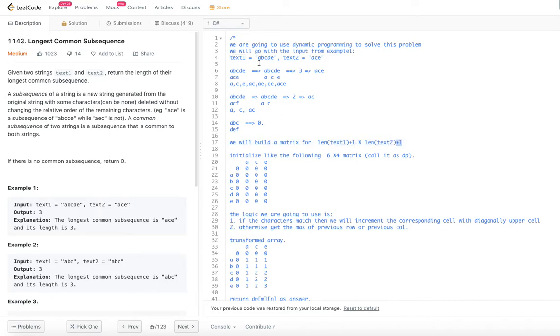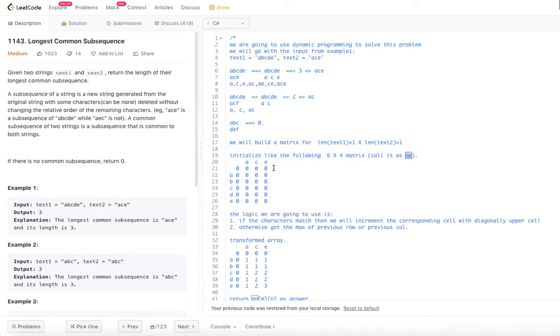Let's go with example 1 only: A, B, C, D, E and ACE. Text 1 length is 5 and text 2 length is 3. So as per the definition, we are going with a 6 by 4 matrix. I am calling it the DP array.